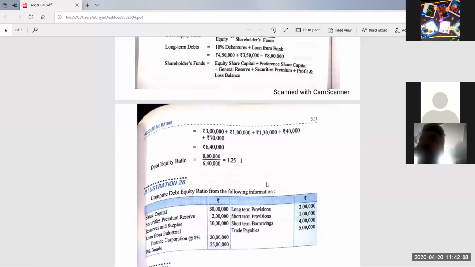Loan from Industrial Finance Corporation at the rate of 8%. Time period is not mentioned, so we will be considering it long-term borrowing. 9% bonds. Bonds is also the part of non-current liabilities, 25 lakh. Long-term provisions, 3 lakh. Short-term provisions, 1 lakh. Short-term borrowings, 4 lakh. Trade payables, 5 lakh. Last 3 items, short-term provision, short-term borrowings, and trade payables are of no use. So don't consider these. Why? Because we are finding out